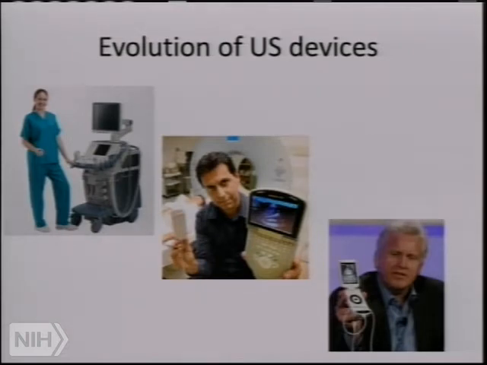Now, one of the things that's happening in ultrasound is this is the traditional ultrasound device that wheels around and is great. But over the past 10 years, people have been developing smaller and smaller ultrasound devices to the point where they're practically the same as a cell phone. And in fact, there's an iPhone transducer that's available that converts your iPhone into a portable ultrasound device. And that raises the issue about whether all physicians eventually will be carrying a pocket ultrasound as part of their general practice.